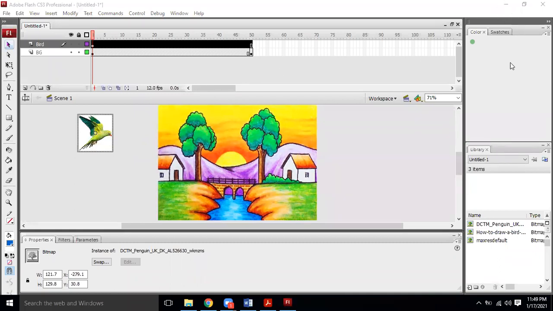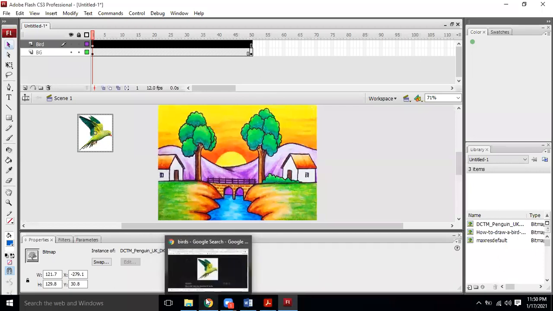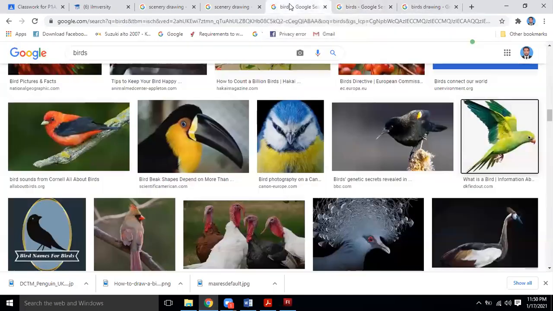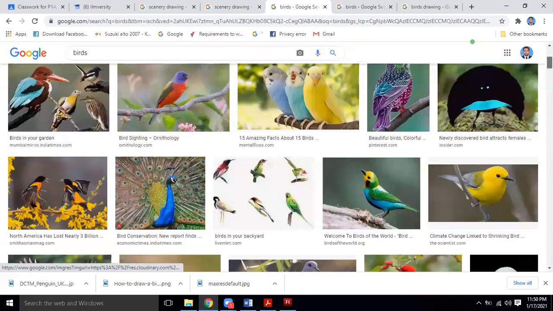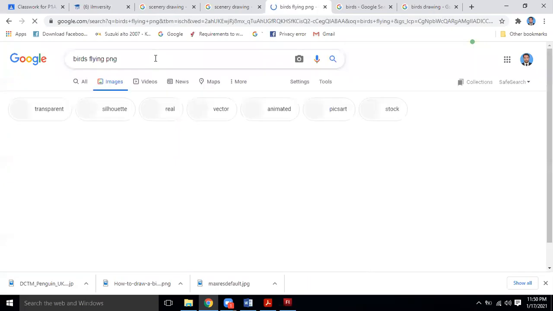Just like in Adobe Photoshop, if we make a PNG file, it is quite convenient for us. But since we are not studying Adobe Photoshop, what we can do is search for bird flying PNG. We will write over here bird flying PNG.